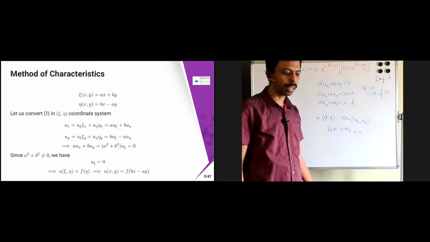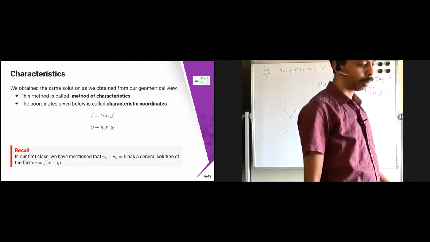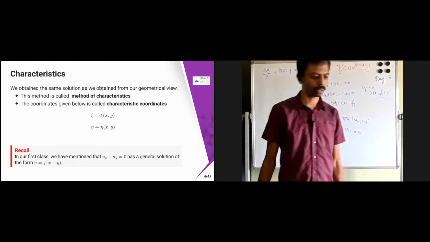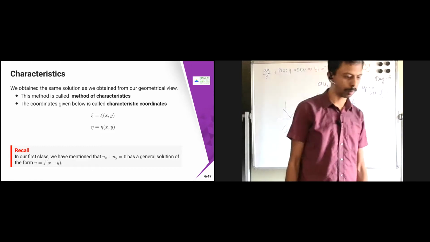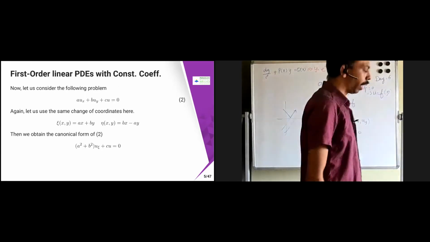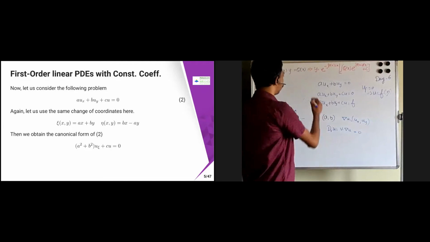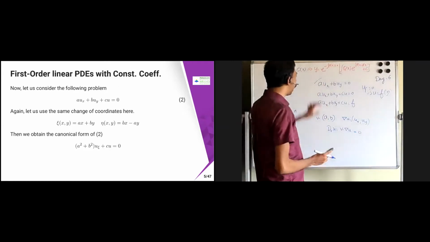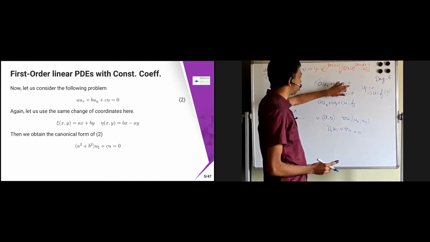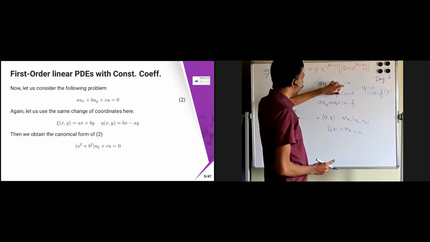I know what eta is, so that is going to be the solution. Up to this we have seen, and this one also we have seen. Chi equals x comma y. Now we are just trying to find this. Right hand side I have a u_x plus b u_y, and the right hand side is 0. It's a homogeneous equation. I don't have any c term here.